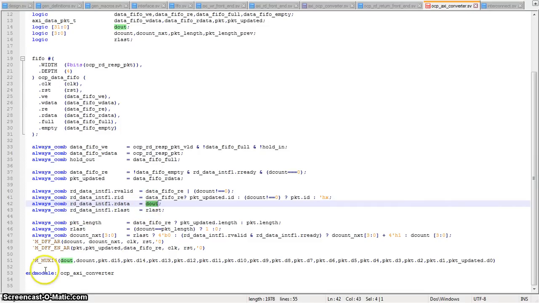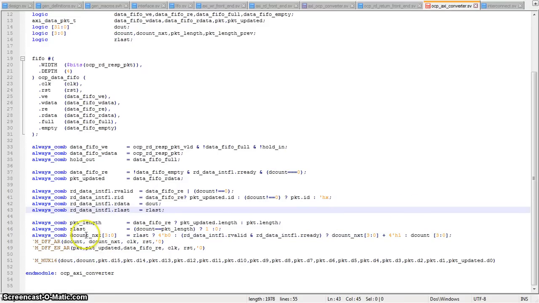D out is an output of a 16 input multiplexer. So the updated packet and the packet data, that is packet dot D15 to packet dot D1, and the packet updated dot D0, these are sent as inputs to a 16 input multiplexer, and its select line is the D count. So the D count will be incremented by 1 on every clock. You can see that D count next will be incrementing whenever we are sending a valid information in the interface, and whenever we are getting the R last point, it will be reset to 0. Otherwise, it will be equal to D count, the previous value.